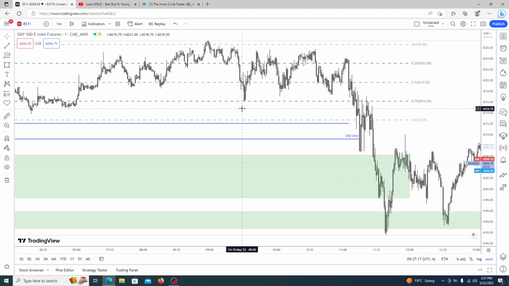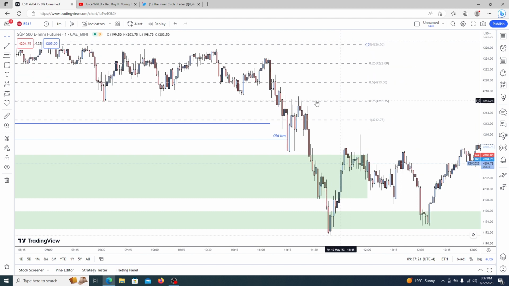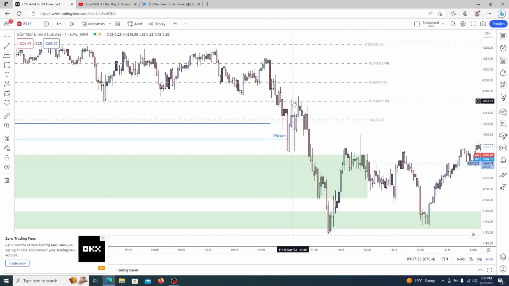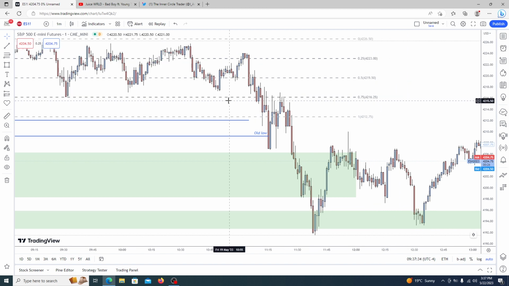So looking at that idea, we can see over here we had 75% retracement, and we started trading lower off of this idea. In this particular price swing, you could have used